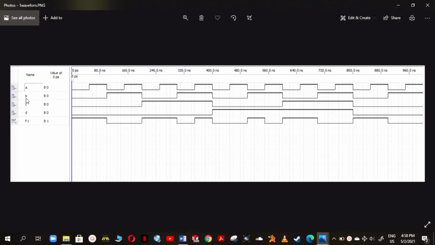Now you can see here, if A is 0 and B is 1 and C and D are 0, then our output is 0. And if our C input is 1 and all other inputs are 0, then our output is 1. So this clearly defines that our circuit is true and our Verilog HDL code defines all our Boolean expressions, and our Karnaugh map implementation and minimization is also true.